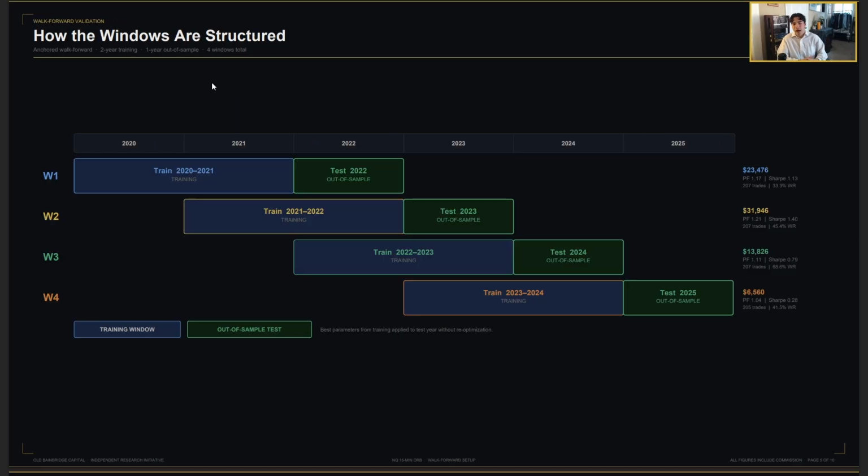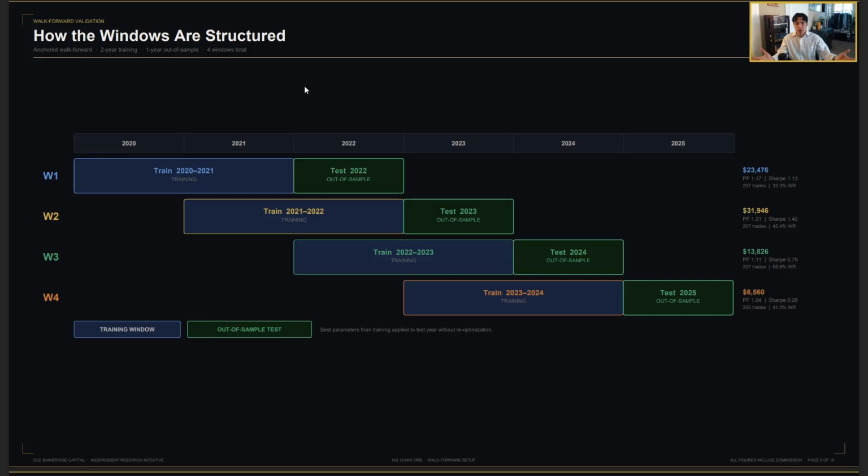Now, for the walk forward out of sample analysis. As I said before, we take 2 years of data, we optimize the parameters of the stop loss, the take profit, the time frame, and the day of the week, and then we find out which combination of those 4 parameters is the most successful, and then we take it and we test it on the year forward, a year that was not optimized. Like I said previously, this is a great way to do an efficient forward test without actually sitting there and waiting for the trades to execute over X amount of months, years,